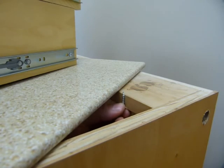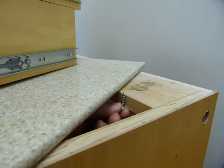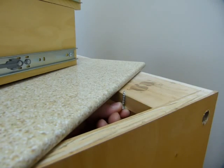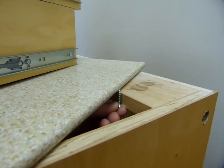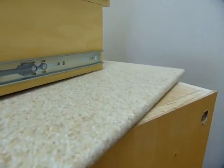So I've chosen a 1-inch screw because this is a 3/4 inch thick plywood and it's a 1/4 inch into this countertop. The countertop is only 1/2 inch thick, so I only want to go a 1/4 inch, half the thickness, into the countertop. So all you need to do is grab a screw and match it like so. Make sure it does not poke through the surface. Okay? Once we're done there,